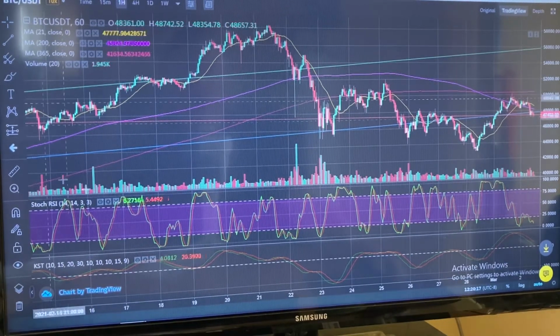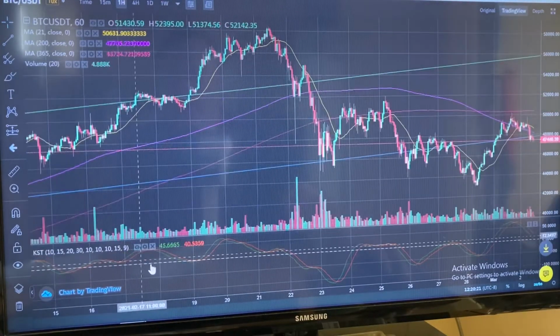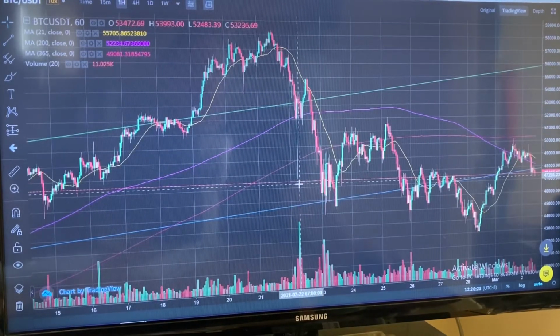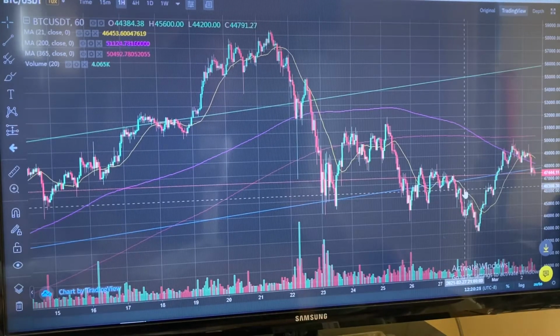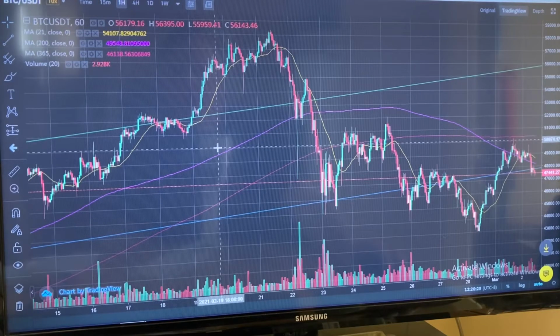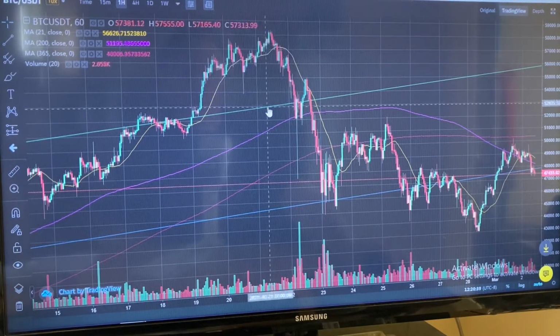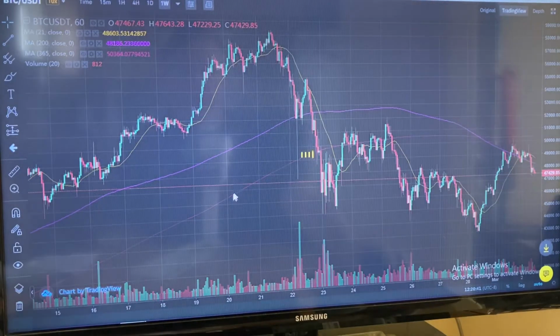And we have all kinds of information here. Let me get rid of some of this; these are things that I use. So here we are, we have charts. This is a 1 hour time frame. You can look at a 4 hour time frame, you can look at a daily time frame, you can look at the weekly. You can even go further. But if you go to the weekly time frame,